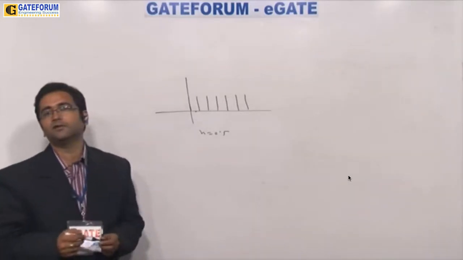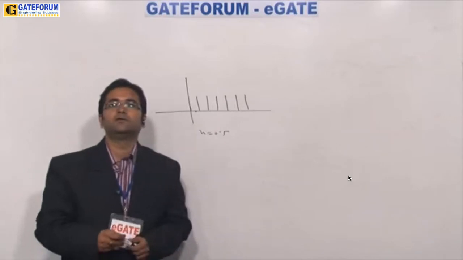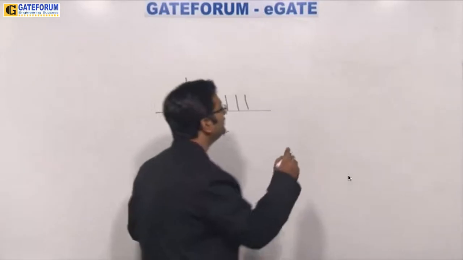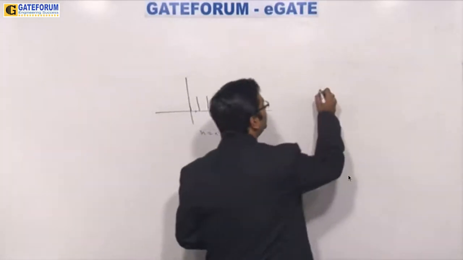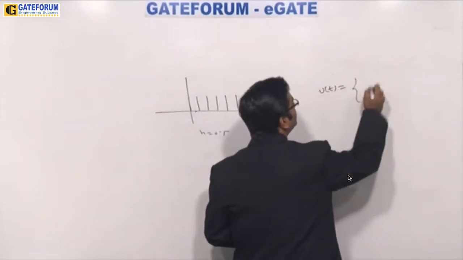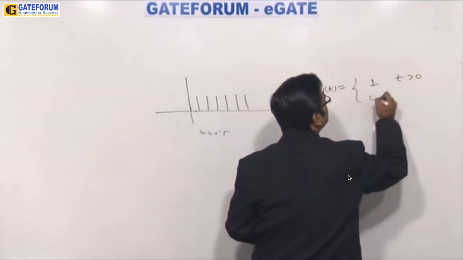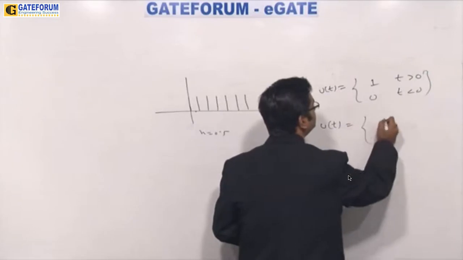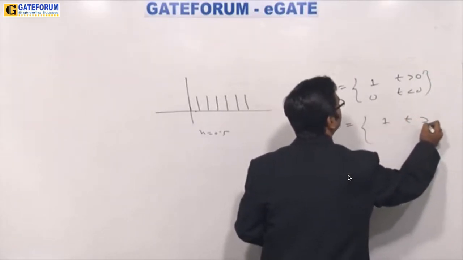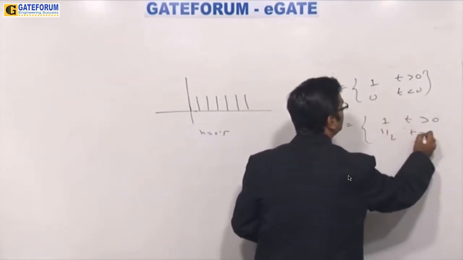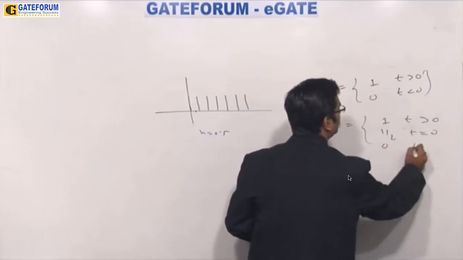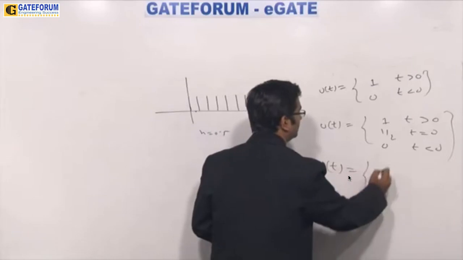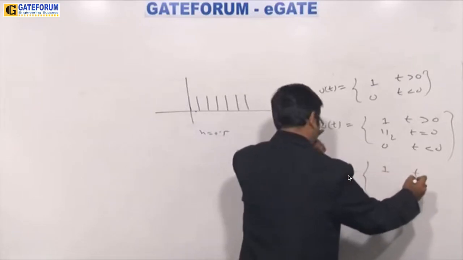Unmesh from Pune says u of t plus u of minus t should equal 0, it took, whereas it is 2. No, Unmesh, you are again making the mistake. See, I gave the 3 definitions of u of t. One definition is: 1 for t greater than 0, 0 for t less than 0. Another is: 1 for t greater than 0, 1 by 2 for t equal to 0, 0 for t less than 0. Another definition of u of t is this: 1 for t